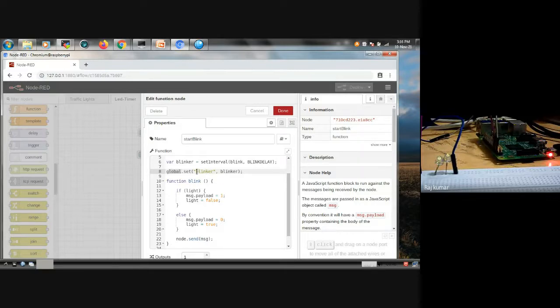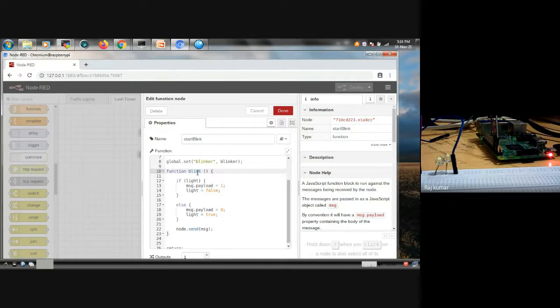See, two parameters with the same name. One is an ordinary string, the second one is the value which will be written in the 6th line. You can see blinker. Whenever you call a function, we have so many types of functions, with parameters and with return type. This belongs to with parameters and with return type, which we are again passing as two parameters. One is a string, another one is a value.